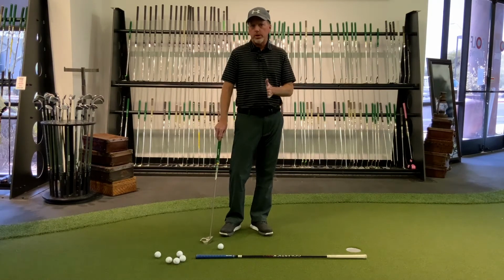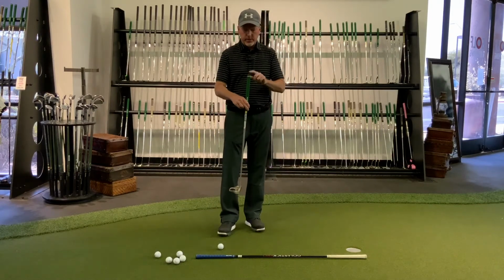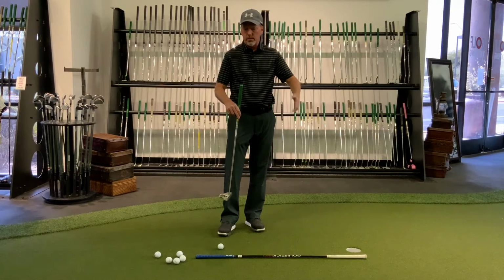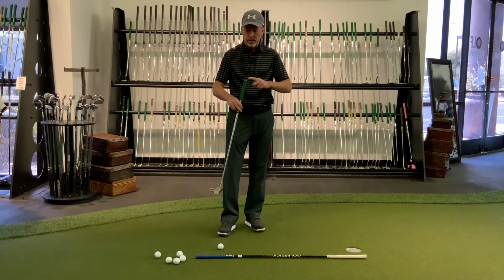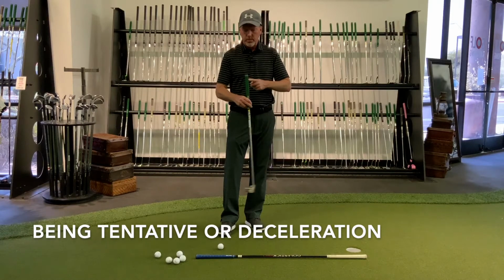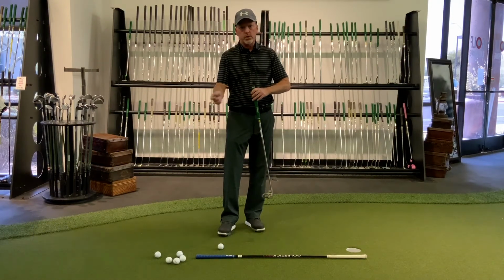So what we want to show you right now is if the putter handle itself, if the top of the grip can keep moving through impact, you'll be a more successful putter. If the top of the grip starts to back up or go back the other way, you'll be less successful. As the putter grip starts to back up for whatever reason, which we'll go over some reasons here in a minute, for whatever reason, if the handle backs up, the putter face is going to close and swing upward,